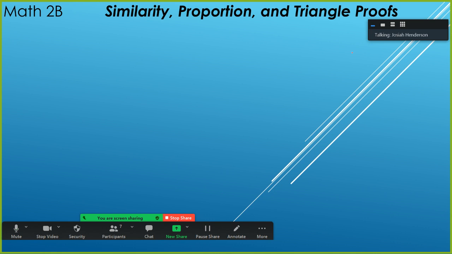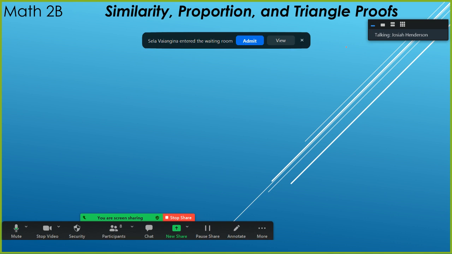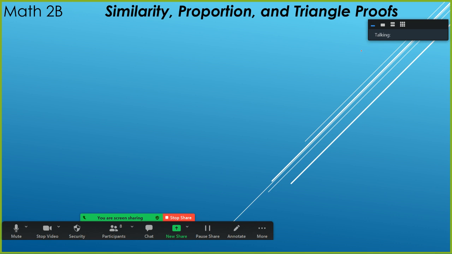So this next lesson is called Similarity, Proportion, and Triangle Proofs. All week long, we've been dealing with dilations and similarity. And today we're going to add in the idea of proportion, or really expand on it, because we've been kind of using that too. And we're going to be working exclusively with triangles. So today we're going to look at two different rules or mathematical laws that go along with triangles and